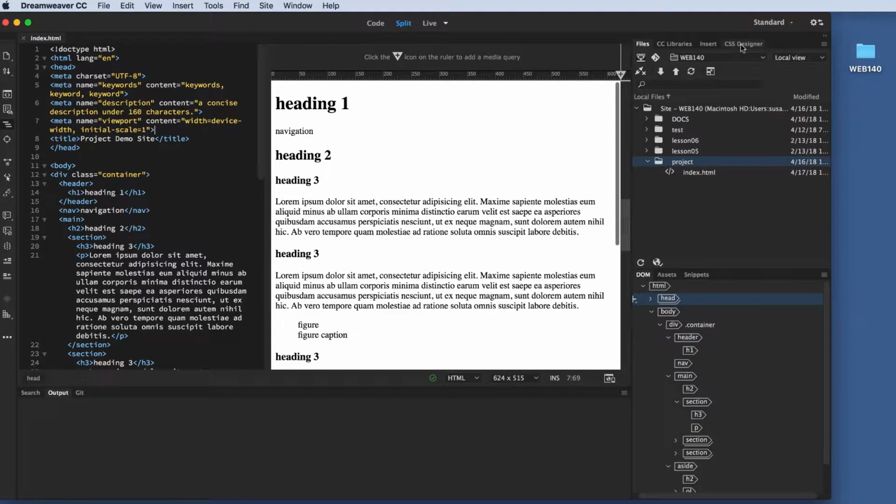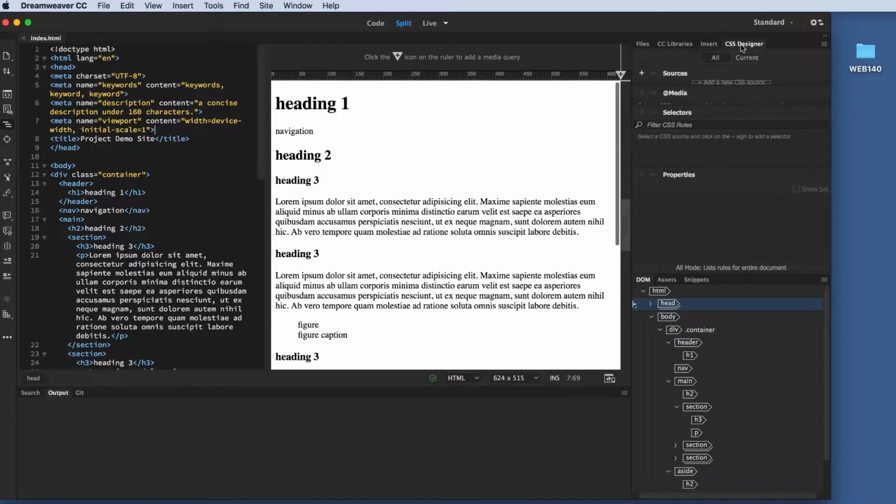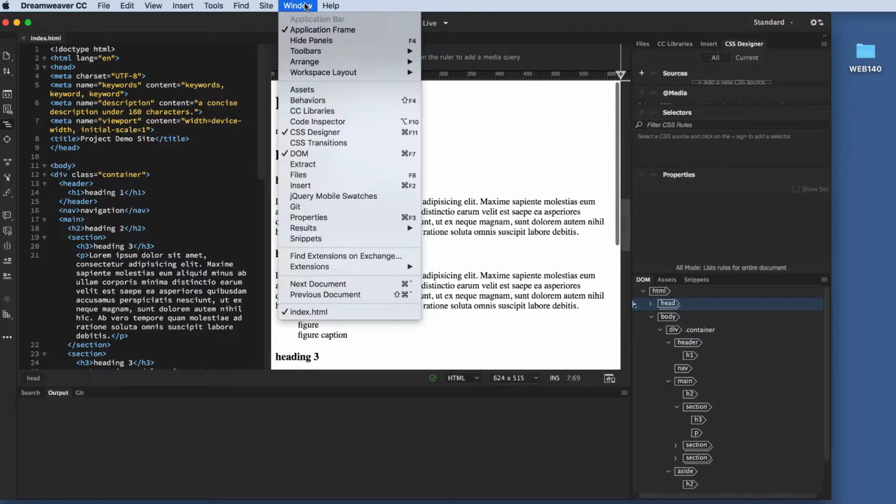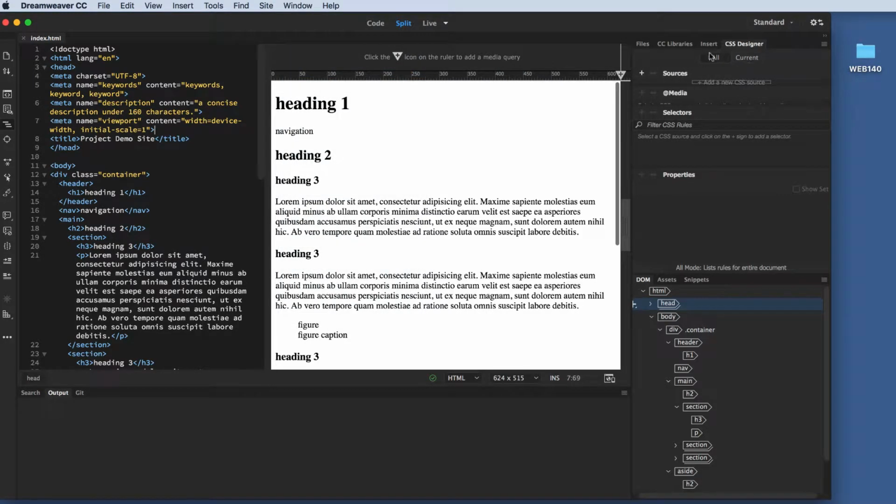In my right side panels, I'm going to click on CSS Designer. If for some reason it's not available, go into Window, and then you can either click CSS Designer or you can go to Workspace Layout, Reset Standard, and it should return you to a layout format where CSS Designer is available. So now, with CSS Designer clicked, I'm going to click the plus sign to the left of Sources, and